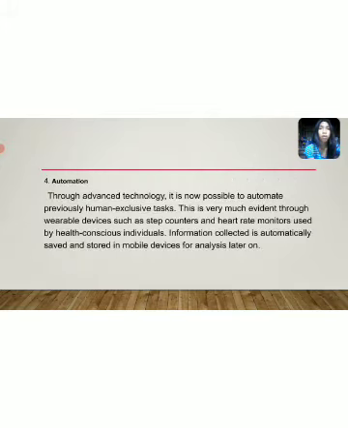And then number 4, automation. Through advanced technology, it is now possible to automate previously human-exclusive tasks. This is very evident through wearable devices such as step counters and heart rate monitors used by health-conscious individuals. Information collected is automatically saved and stored in mobile devices for analysis later.